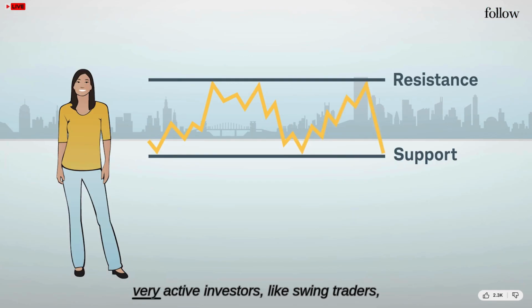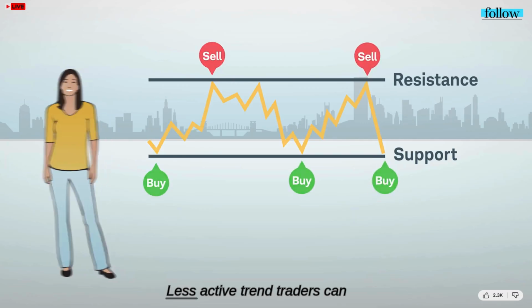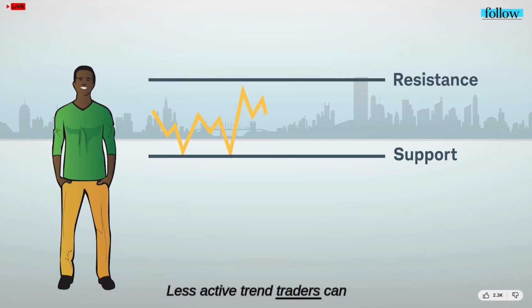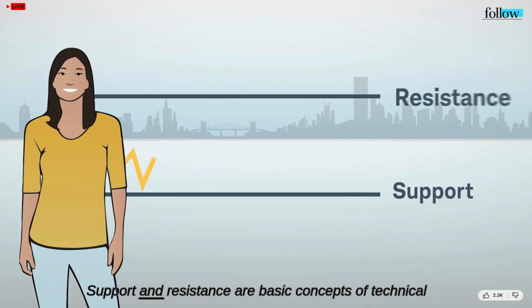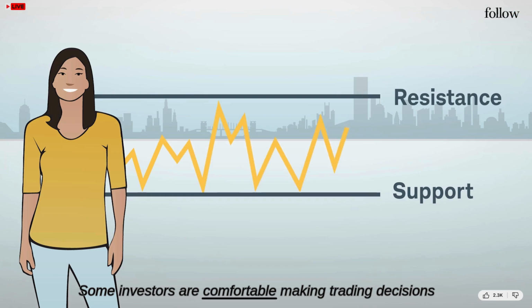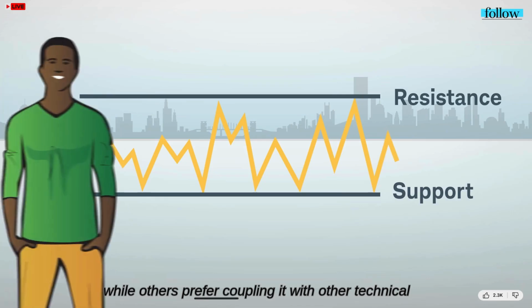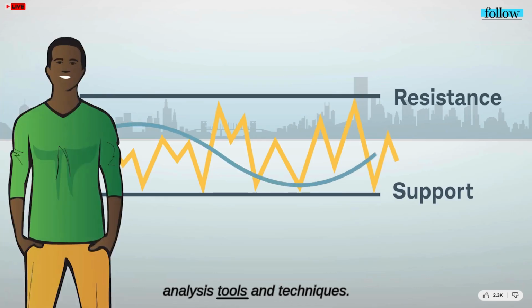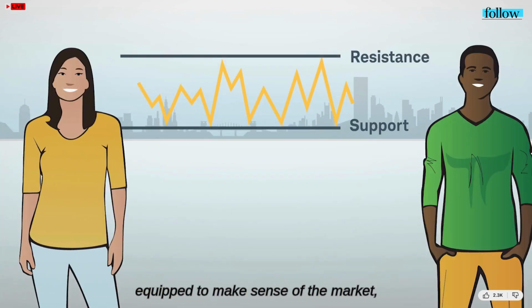For example, very active investors, like swing traders, use these levels to buy and sell often, possibly even in the same day. Less active trend traders can simply use breakouts to confirm a trend's direction. Support and resistance are basic concepts of technical analysis. Some investors are comfortable making trading decisions using only support and resistance, while others prefer coupling it with other technical analysis tools and techniques. Understanding support and resistance makes you better equipped to make sense of the market, no matter which way it's